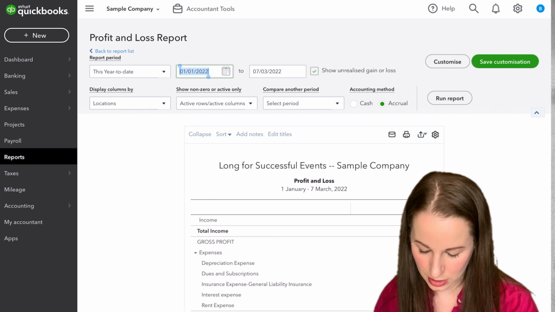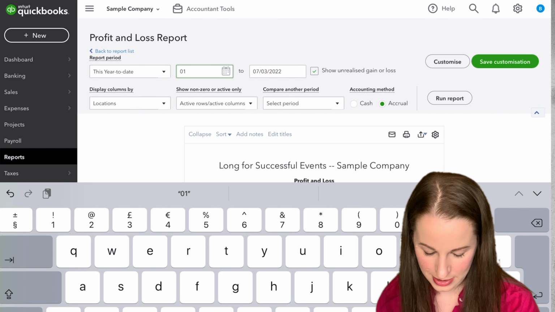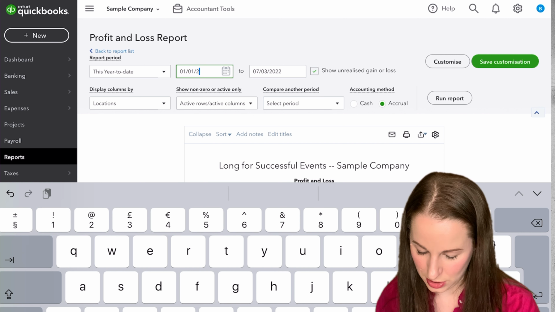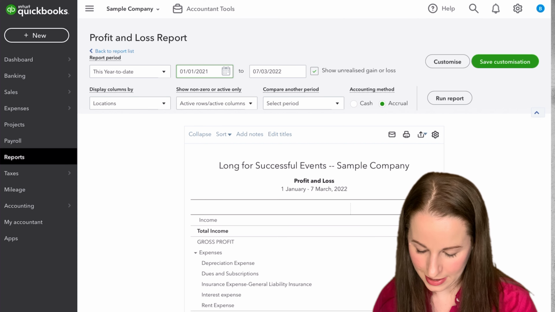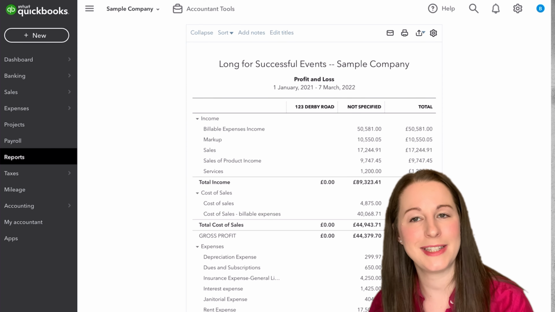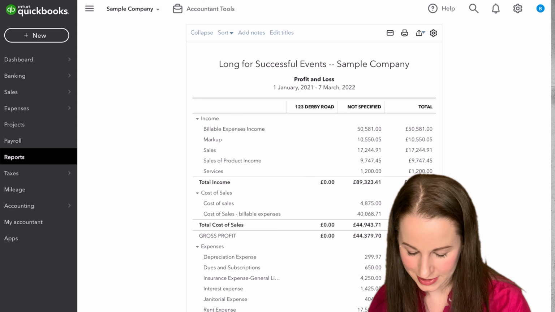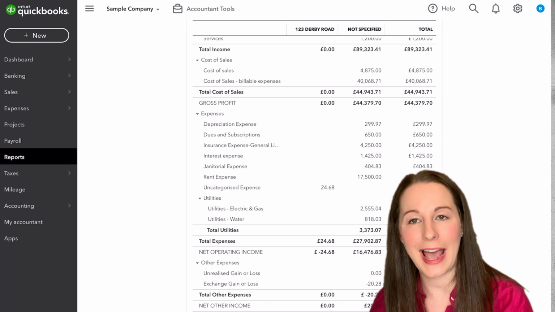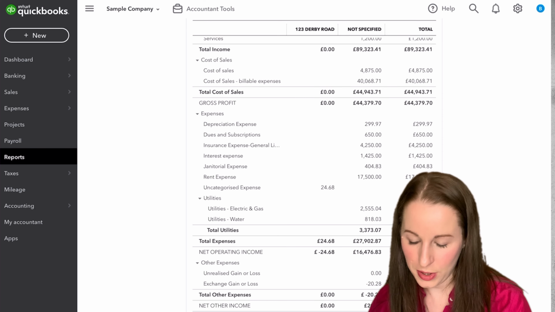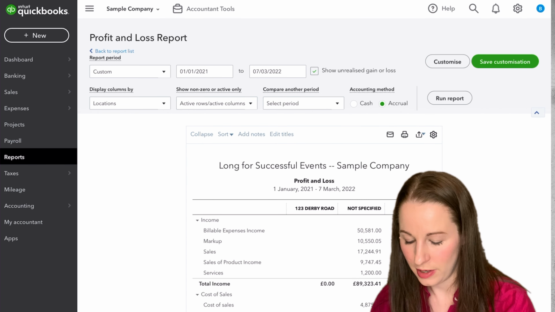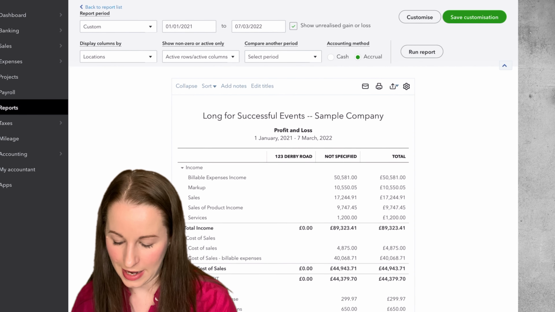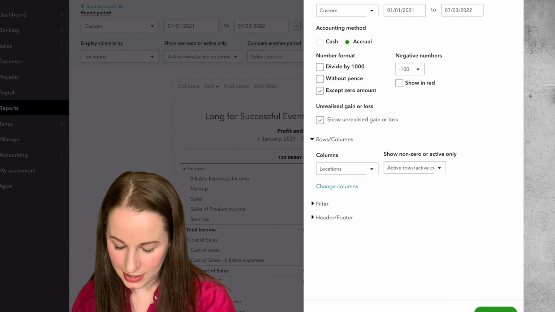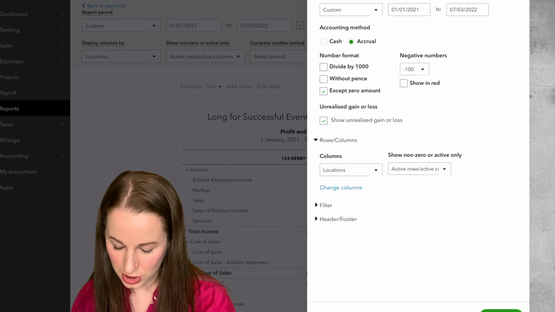We're going to just do a longer period to make sure that it comes through. And now we've got it, so it's now split out into that column. We can see we've only got the one transaction in that column, but that's the one that we allocated to that property, that location. Now, if we also wanted to just see that one, in the Customize section of it, we can actually just change it to show